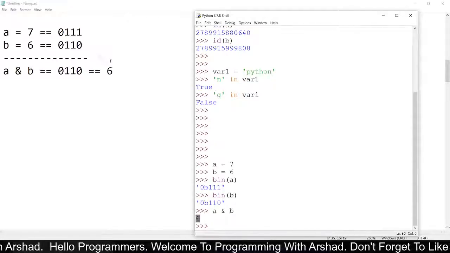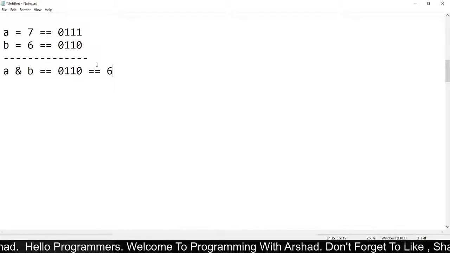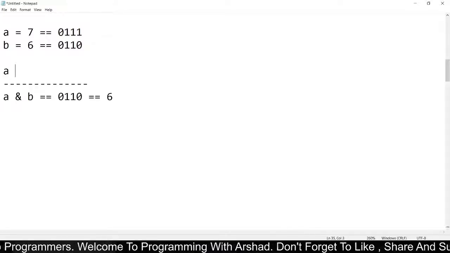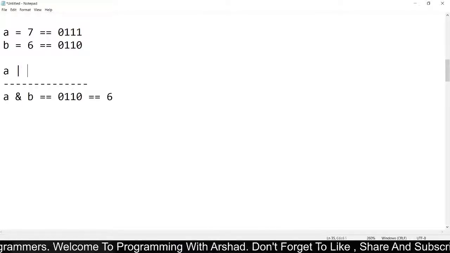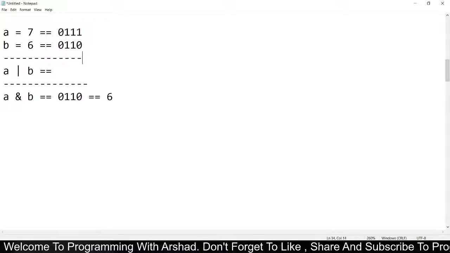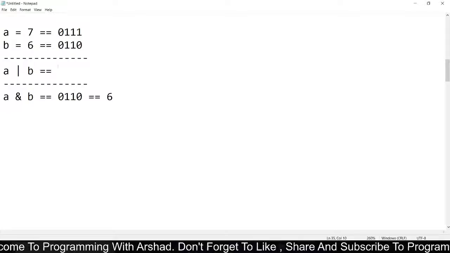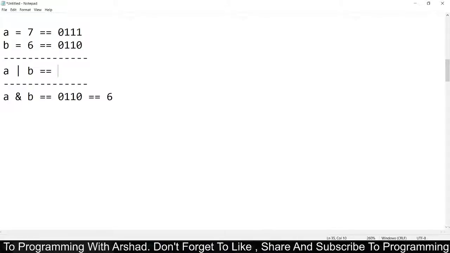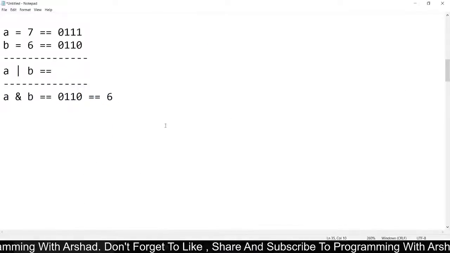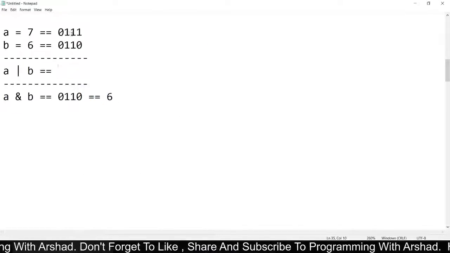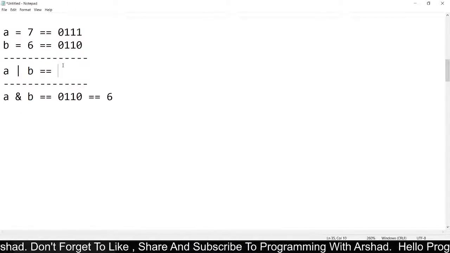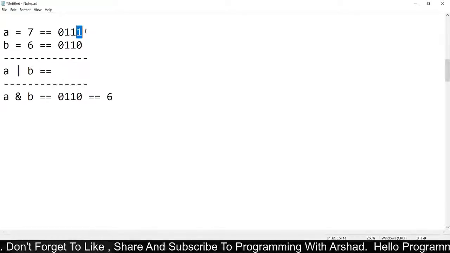Now we will see the bitwise OR operation. In this bitwise OR, if any one of the bits is 1, then it will return 1.